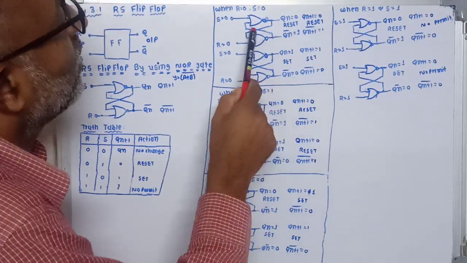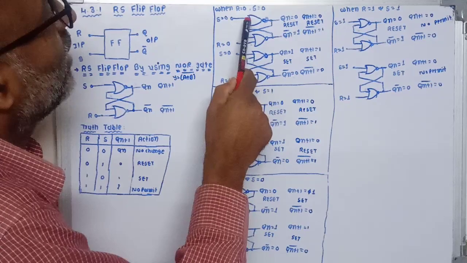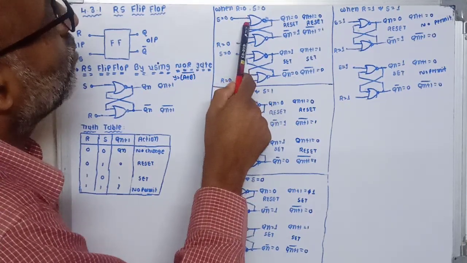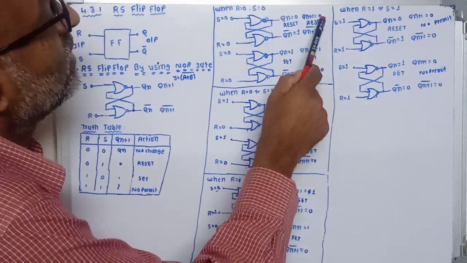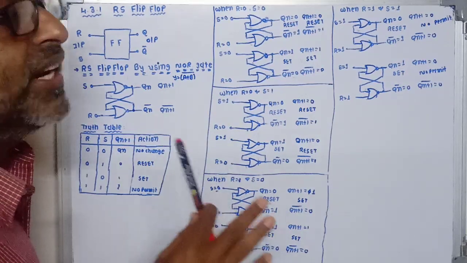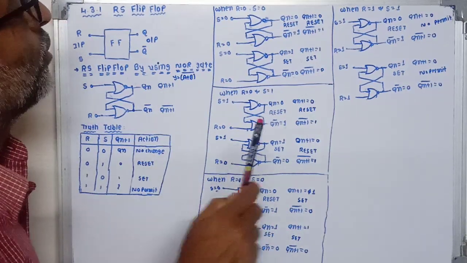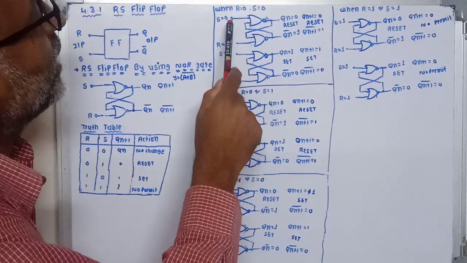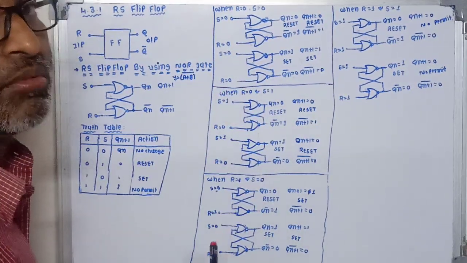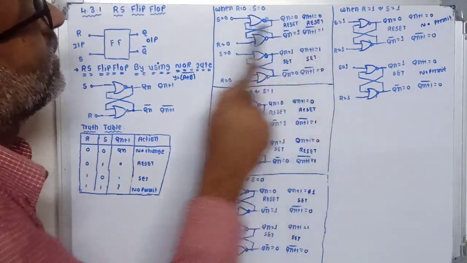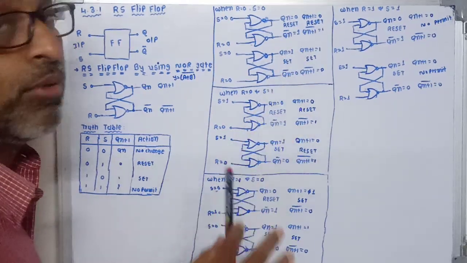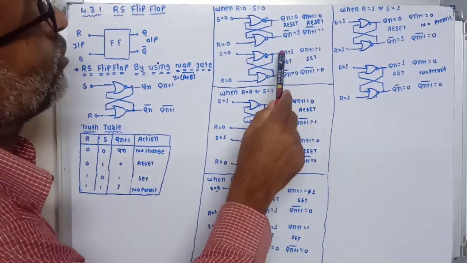Now this 1 is again available at the input terminal of gate 1. So here 0 plus 1 is 1, and its output is 0. So here we can say that our flip-flop is in steady state condition. When we apply the input 0 0, both inputs being 0, our flip-flop still remains in reset condition. Now in the second case, suppose initially our flip-flop is in set condition,